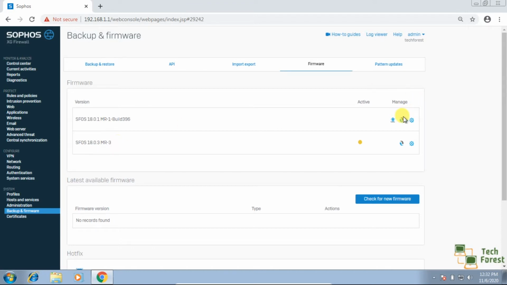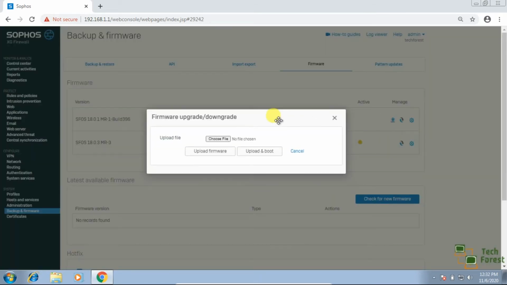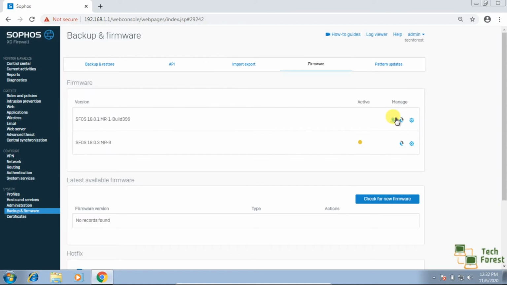Using this option, boot firmware image, you can roll back your existing firmware to the earlier firmware. Here you can see one more option, upload firmware. If you have an ISO image or a backup image, here you can choose the location for the earlier firmware version, or you can directly click on this option for booting this firewall with this